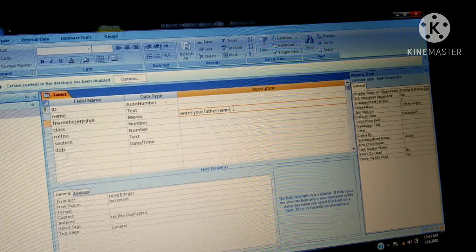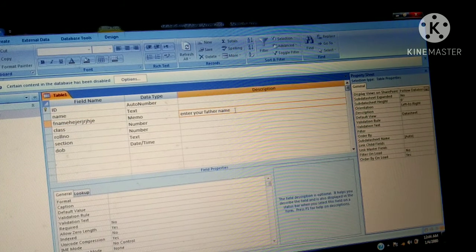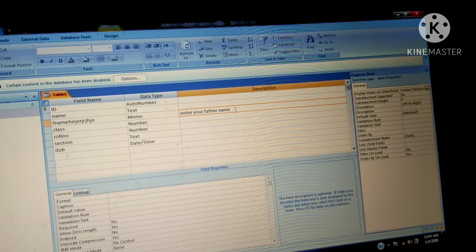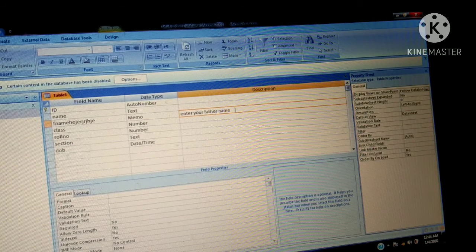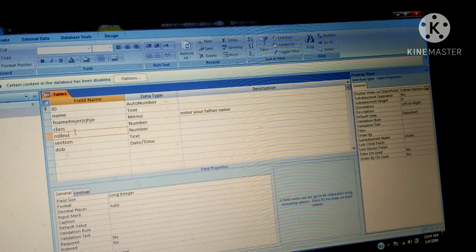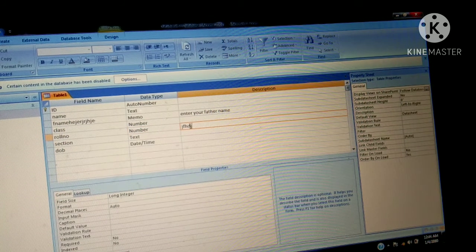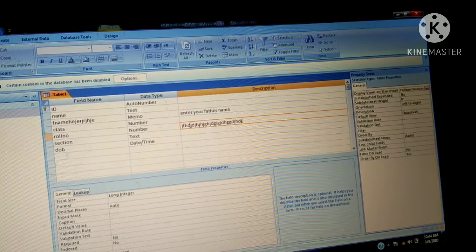How would you know why I wrote this field, what my purpose was? So I write my purpose here, that here you will insert your father name. Now it is easy for you to understand why I entered this field. So you will make changes in the description. If you want to change any particular field, you will go there and make the changes. Same with data type, with the drop down arrow you will make the changes. And in the description field, if you want to add or delete, you can. Whatever you write in this description field is not visible to the user.